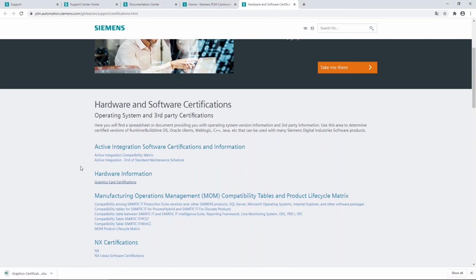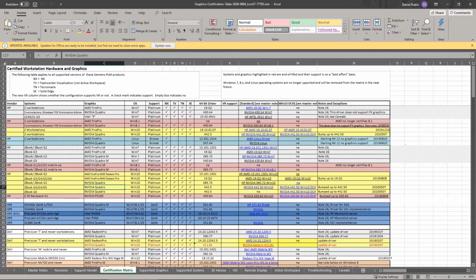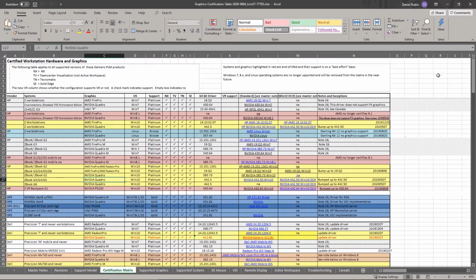But if you click that, what it does is it will download an Excel document, as you can see here. So I will fire that up, and it may look a little daunting the first time you see that. Let me drag that over to this screen here. And this is the Excel spreadsheet that Siemens, as I mentioned, updates every month or two. Now this first tab sheet that it defaults to is the certification matrix. So this shows you all the different vendors and machines and the different graphics cards and OS versions and the latest driver version that's